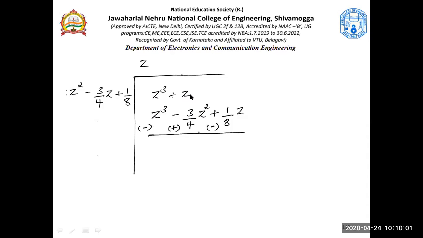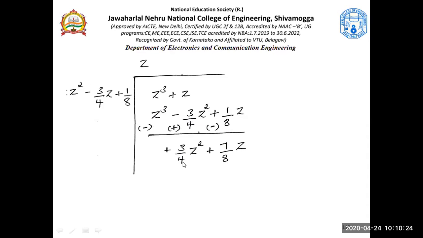You're left with Z square. These are Z terms, so you should not mistake. Okay, these two are Z. You need to be operating on these two. And this is 1. So it is plus 3 by 4 Z square, and plus Z minus 1 by Z would give you this. Now, this is the numerator term again, because we started with the numerator term here. So this is the numerator term again, and this is the denominator term again.